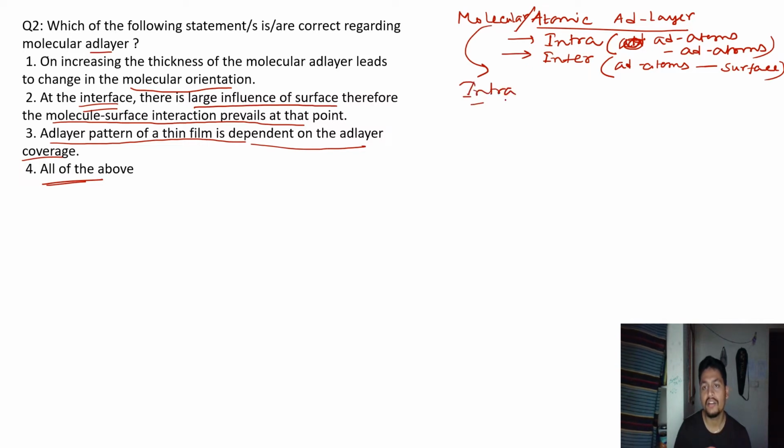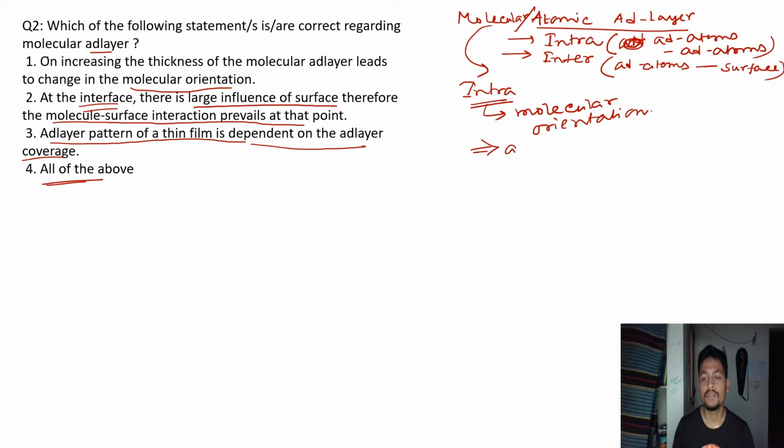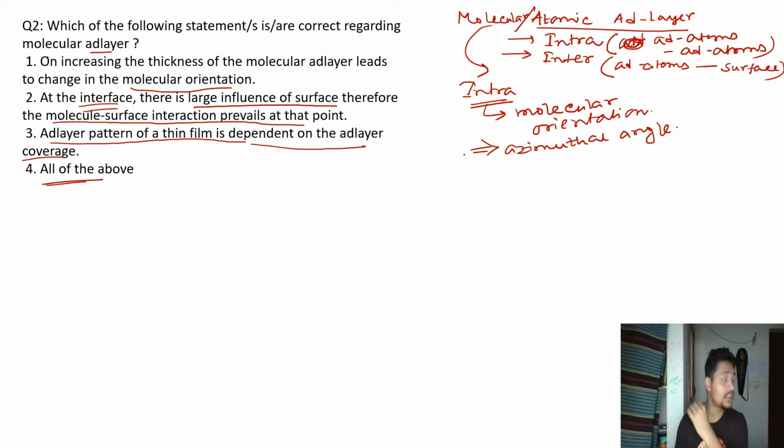But this intra depends upon the molecular orientation. That means if you go through the lectures, you will get to know about some azimuthal angle. How these molecules are actually oriented on the surface is very, very important to know about the intramolecular interaction. And that's why if it is, let's say,